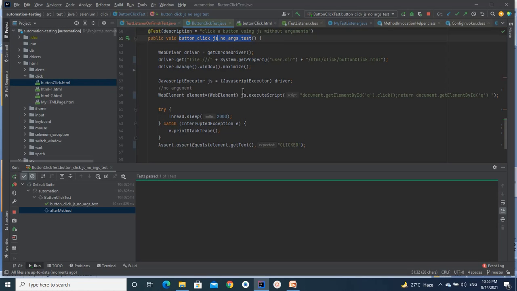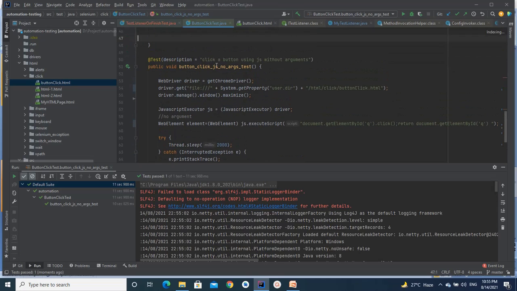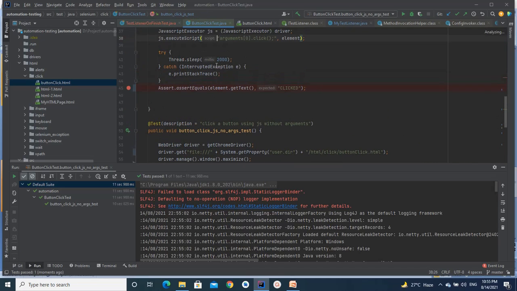That's fine. So in short, we can perform a click operation on any web element, first, using the click method provided by the WebElement interface, and the executeScript method of the JavaScript executor interface. There are two varieties.